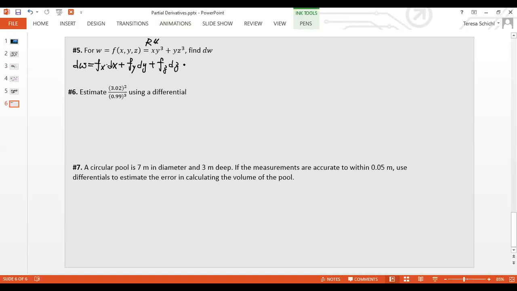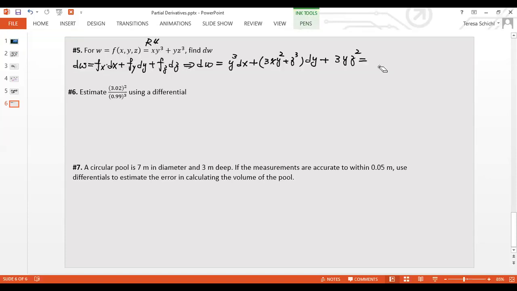Okay, so now this one's here. Let's see here. This one should be pretty easy. Take the partial derivative. So dw: the partial derivative with respect to x is just y cubed, right? Both y and z are constants, so this will be dx. Then plus dy, so the first one will be 3xy squared plus z cubed, right? So this is dy. Then plus dz, so xy is a constant, so it's 3yz squared